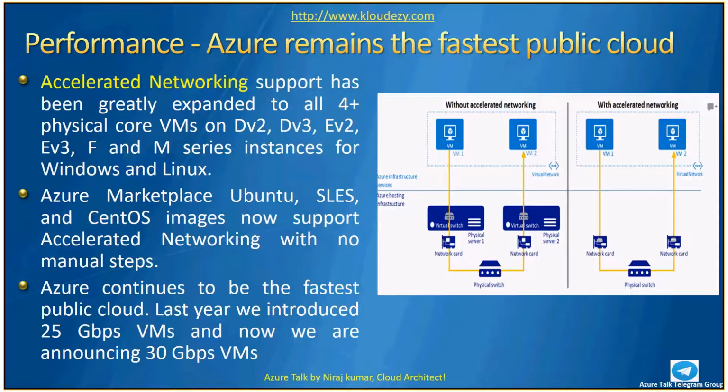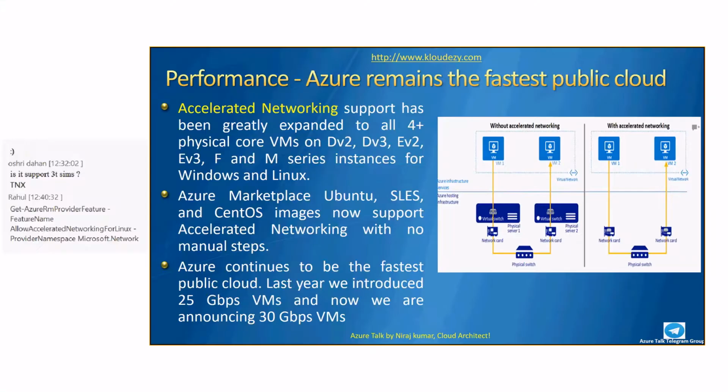Because of that, Azure is providing you a speed of 25 Gbps per virtual machine, and now 230 Gbps has been announced as well. It's been introduced to Linux machines as well, though not enabled for all regions, and for Linux you need to apply or register for that feature. But for Windows, you can still go ahead and enable that. I just pasted the link on how to enable the accelerated networking feature.